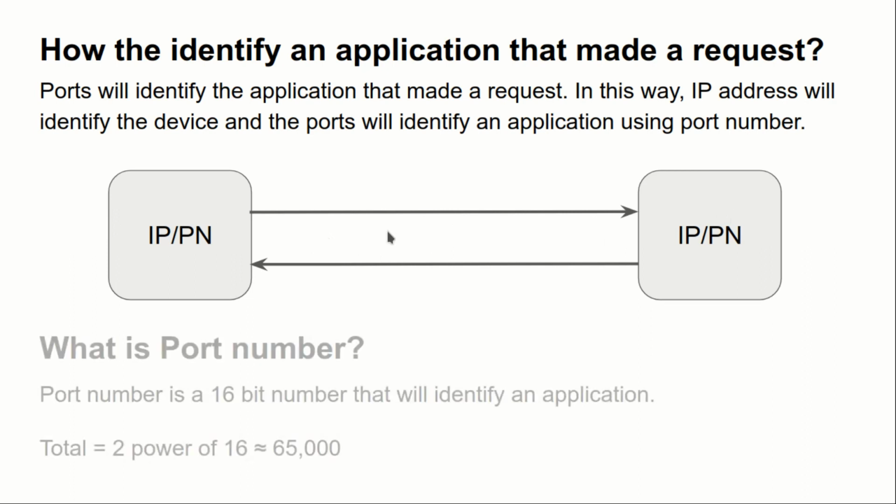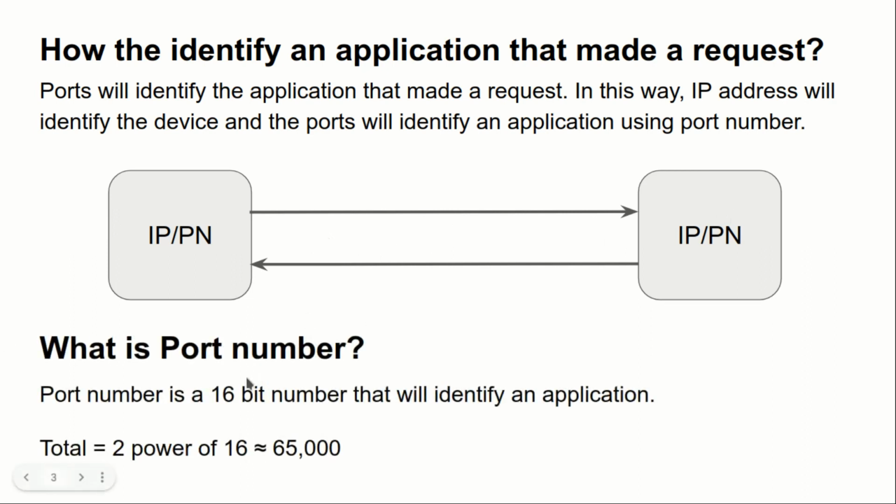Alright. So after that, let's see what a port number is. A port number is a 16-bit number that will identify an application. So basically, what is a bit? A bit is the smallest unit of information. A bit can either be 0 or it can be 1. Alright. So these bits make up the 16-bit number. This is the port number. So if I take the total of it, 2 raised to the power of 16